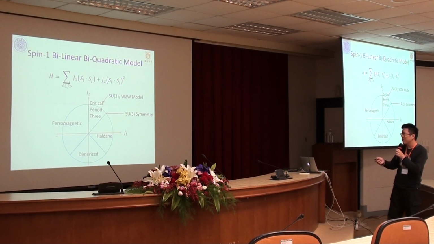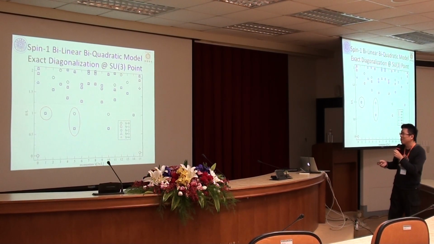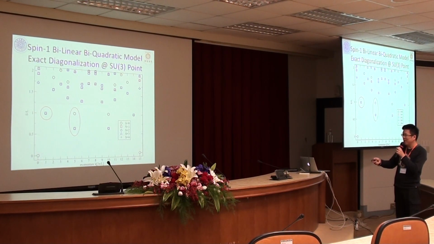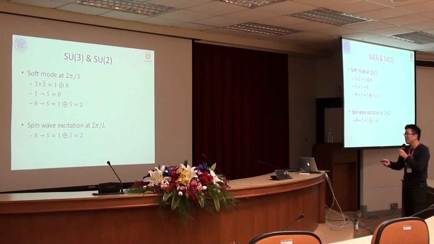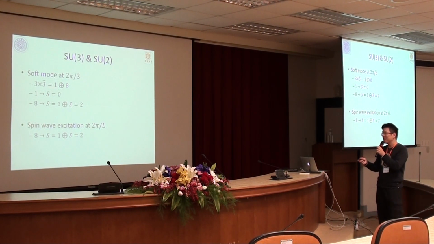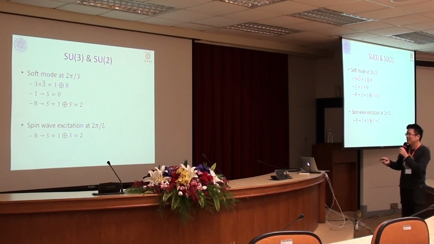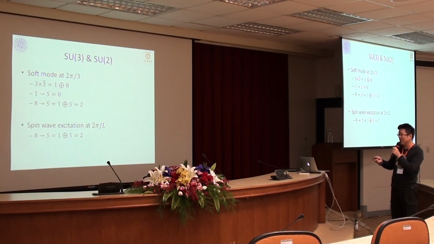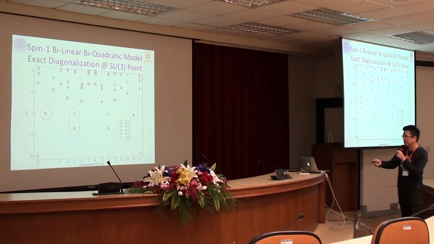Basically, we do the same thing. We do the exact diagonalization for this spin 1 model, which is simpler. Then we can see a similar period 3 pattern, and we can also match what the spin is here. For the soft mode, it is split: in SU3 it is 3 cross 3 bar, and in SU2 this becomes 1 plus A, so this becomes x equal to 0, x equal to 1 and x equal to 2. Here you can see this 0, 1 and 2.